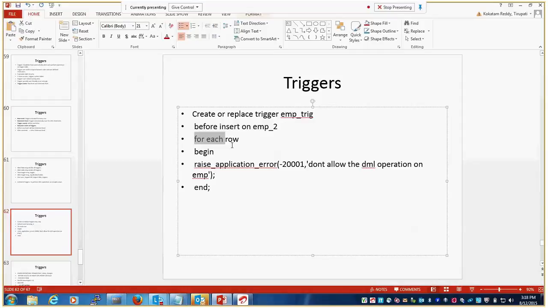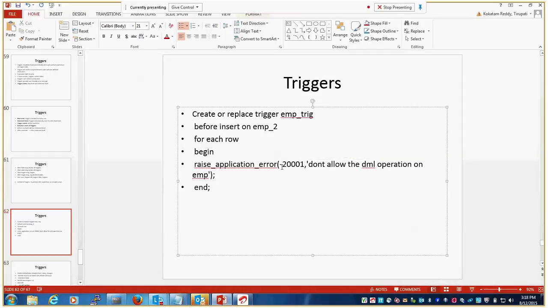In the for each row begin part, we raise application error. The raise application error code range is between 20,001 and 29,999.